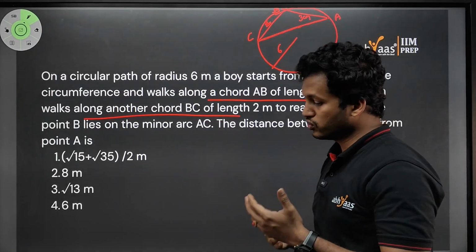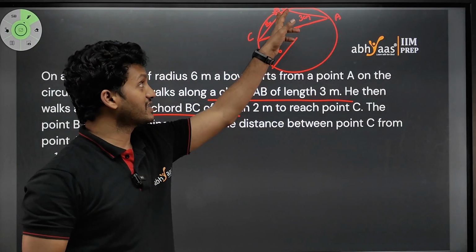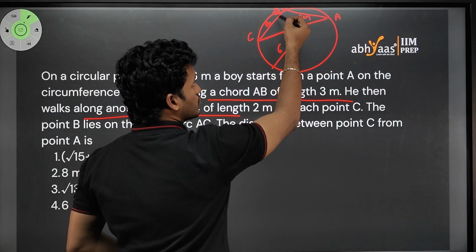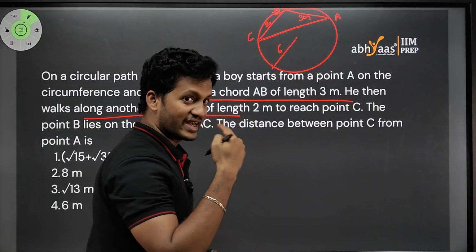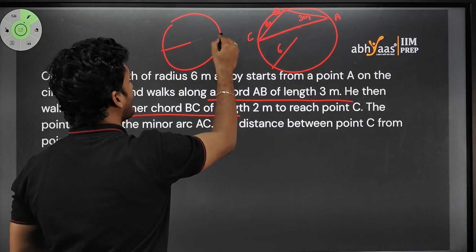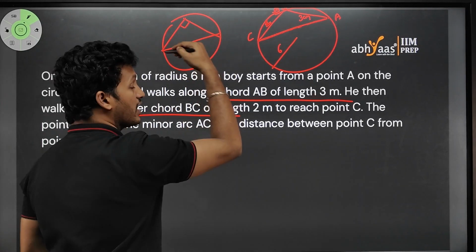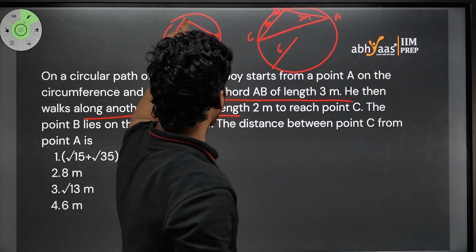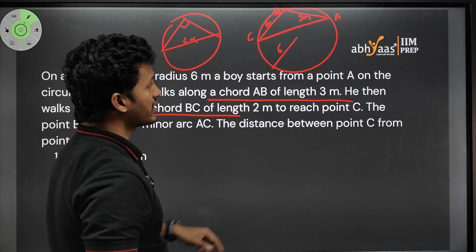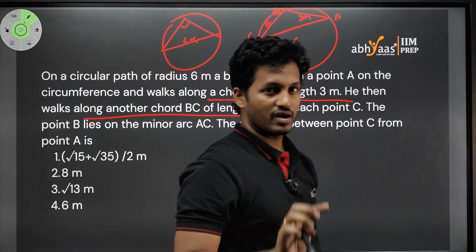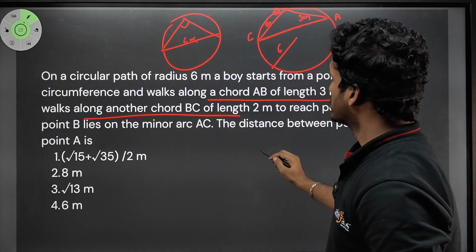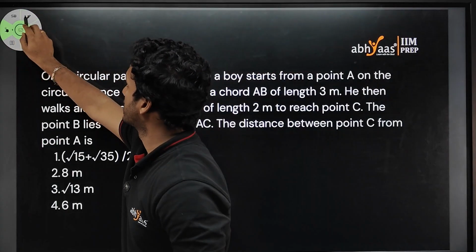So again, you may think of that as 90 degrees, but every time remember, two line segments, I mean a chord, makes 90 degrees only if it is a diameter. Okay, that is a rule again. A diameter only makes 90 degrees on a circle. So if that is not 90 degrees, this cannot be a diameter. So in this way also we can say this cannot be a right angle triangle. So that assumption is not possible. Then how to do this one? So if you draw this diagram correctly,